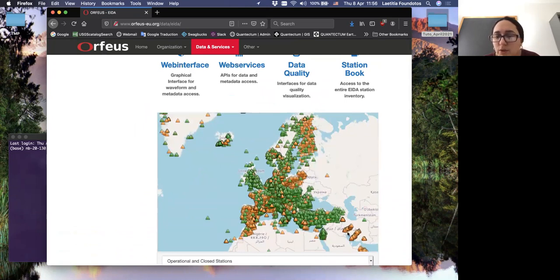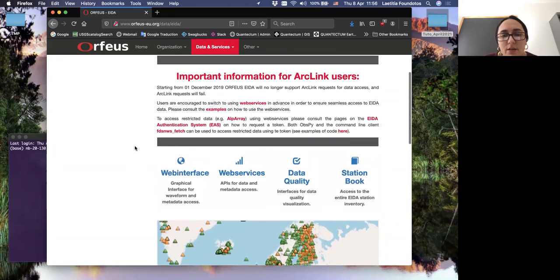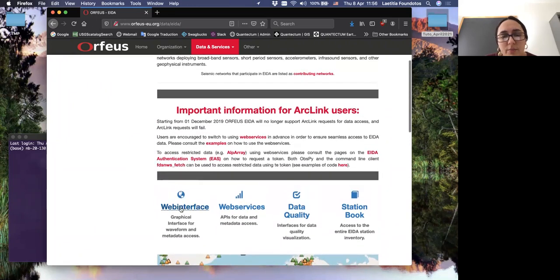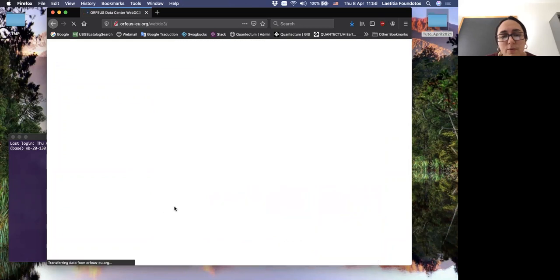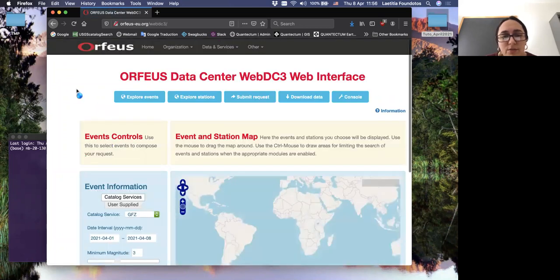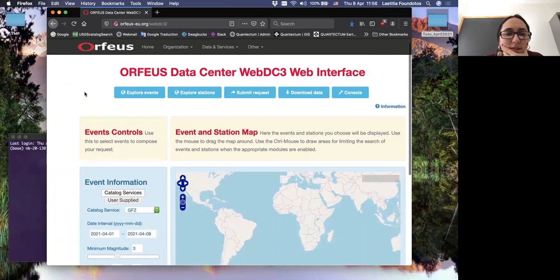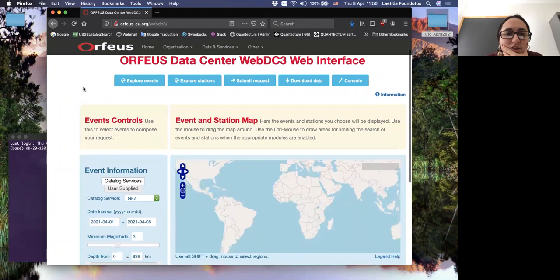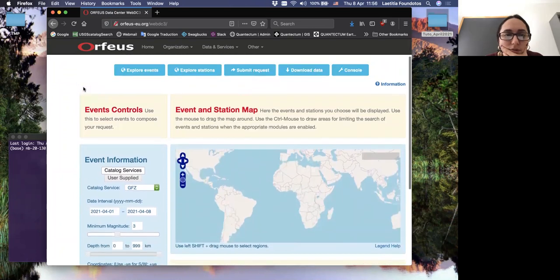So here, this is a network of stations you can see in Europe, and more than Europe also. For example, you can go here. This is a web interface, so it's quite a user-friendly way to explore data and download it. And maybe let's search an example of